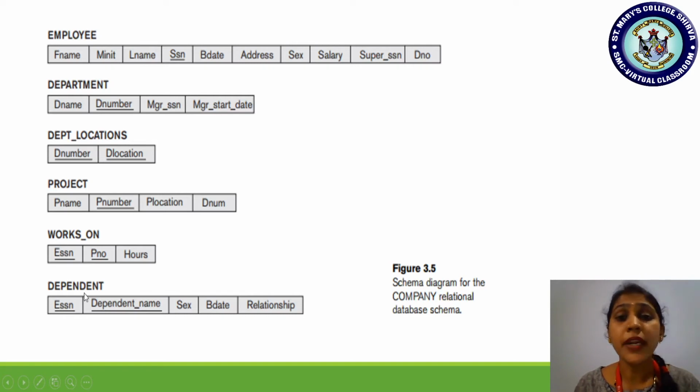Then dependent. I had already told that all the employees who are working in a company will have certain dependents like their father, mother, children, wife, or husband, something like that. Now just check here, employee and dependent both have a relationship, and we also understood that dependent doesn't have any key attribute, primary key.